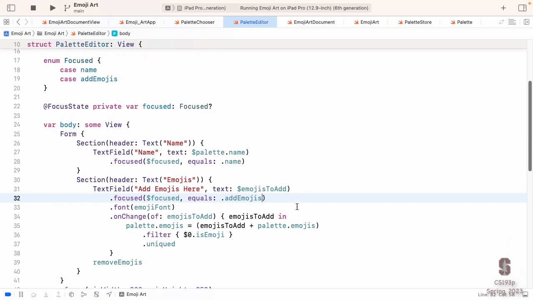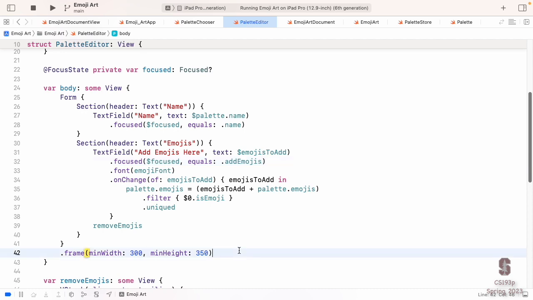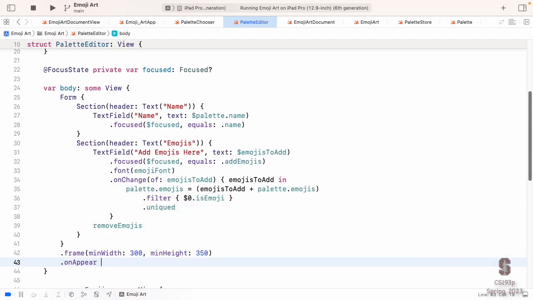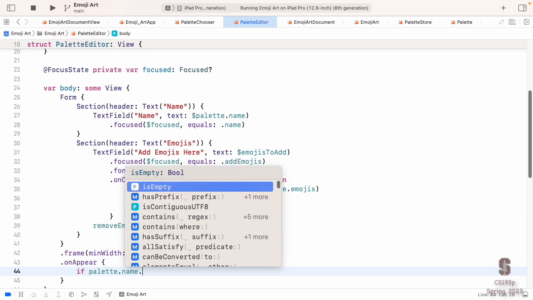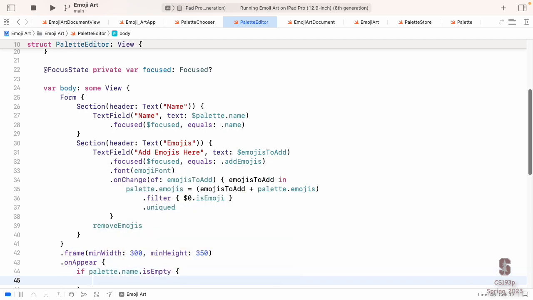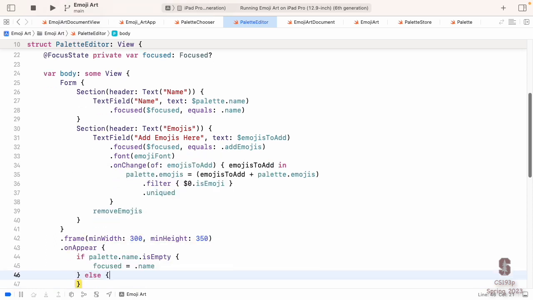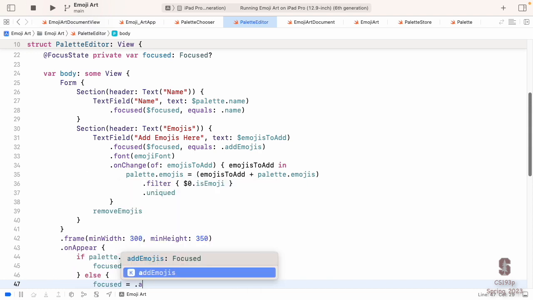And once I have this mechanism, now I can do something really fun. I can say, when I appear, if my palette's name is empty, then focus my palette's name. Otherwise, focus the add emojis.